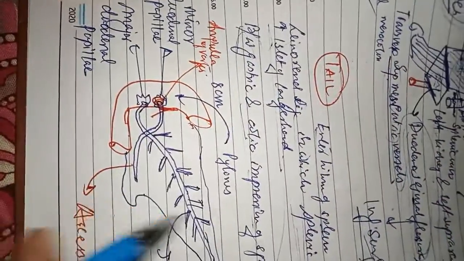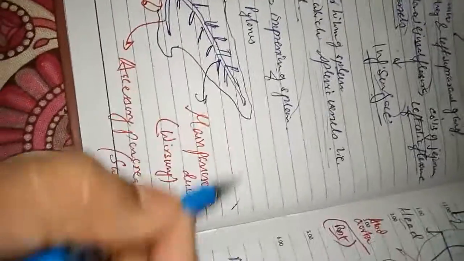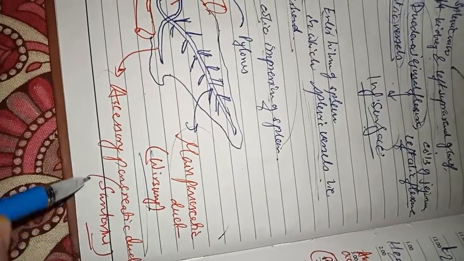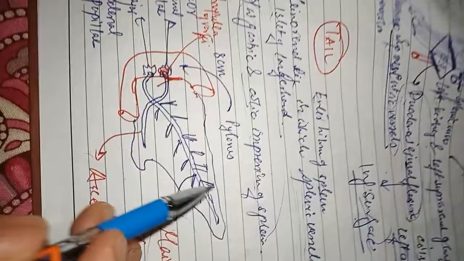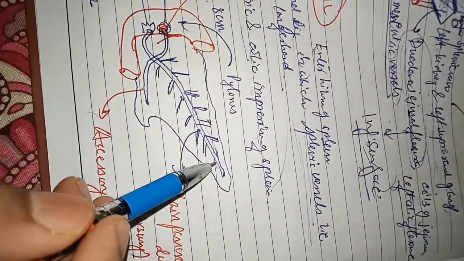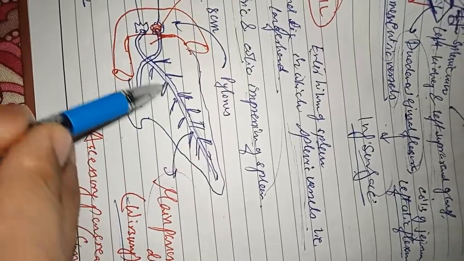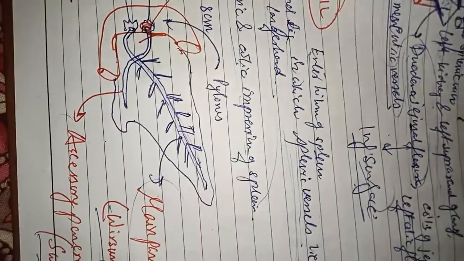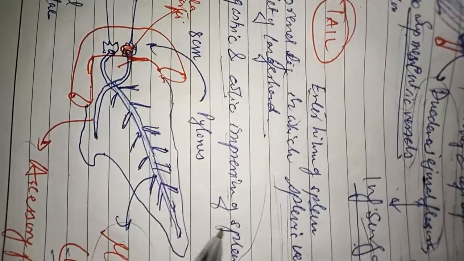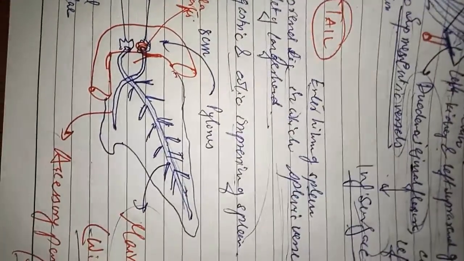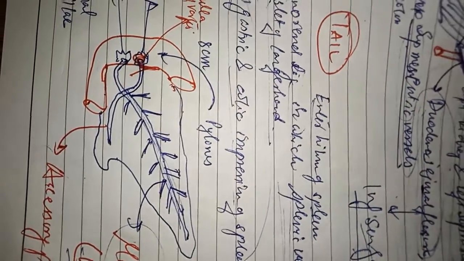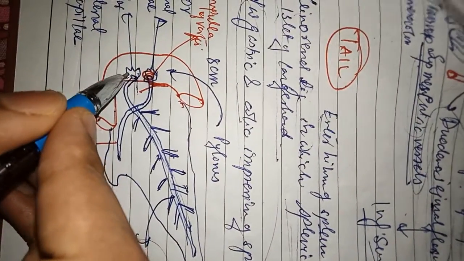Now coming to the ducts of the pancreas. There are two ducts: the main pancreatic duct, known as the duct of Wirsung, and the accessory pancreatic duct, the duct of Santorini. The duct of Wirsung has a herringbone pattern. It arises from the tail of the pancreas and traverses the whole length of the gland, and at the neck of the pancreas it turns downward and right and enters the second part of the duodenum